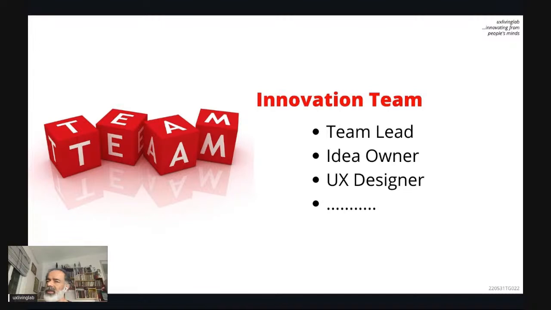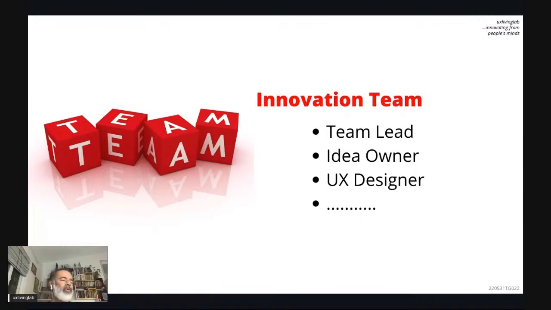Anyway, these three people are a must in an innovation team. Then only it starts. Otherwise, it's a beautiful ideation deck. You can get a report that today so many ideas were submitted in this category and that category. You can use these just as a performance indicator for an employee. That's all. It won't move forward. That's why I said just creating or listing the ideas is very easy. Then what is happening after that? This is a very critical point, where you are moving from ideation to concept.